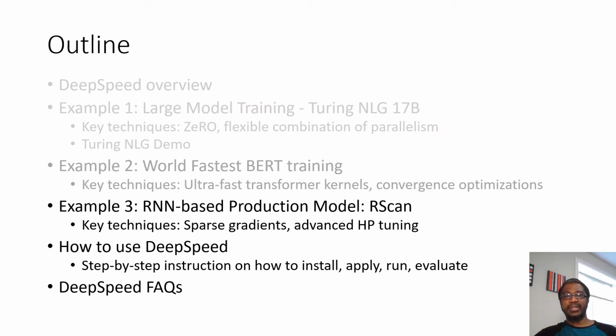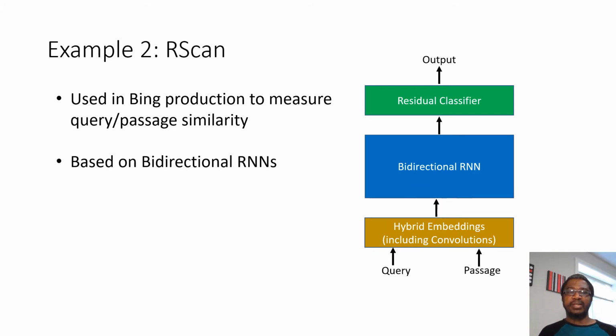Now we'll switch to the next example model, which is an RNN-based production model known as RScan. So RScan is a production model used in Bing to measure similarities between query and passages. RScan is based on bidirectional RNNs, as shown here in this figure. So here we see that the query and the passage are fed into hybrid embeddings, which include convolutions. And these embeddings are fed into a bidirectional RNN, which then feeds into a residual classifier to generate the final